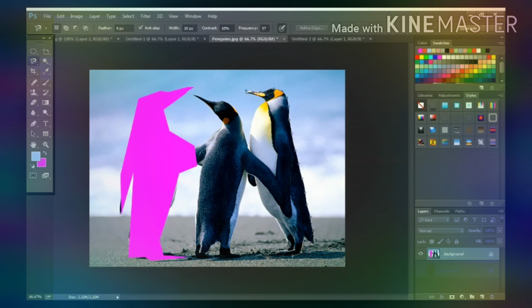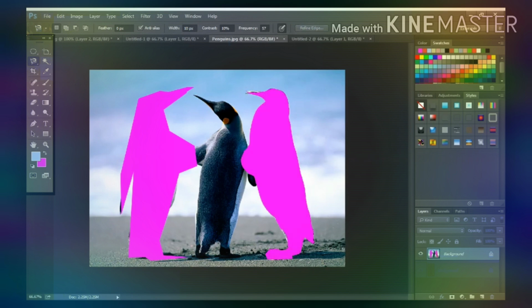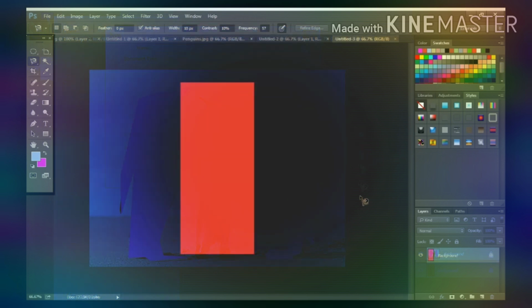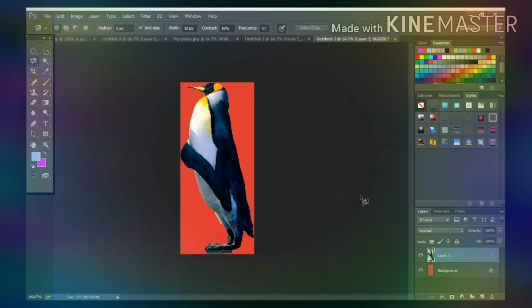Okay. Selected. Now Control X and paste in the new file.